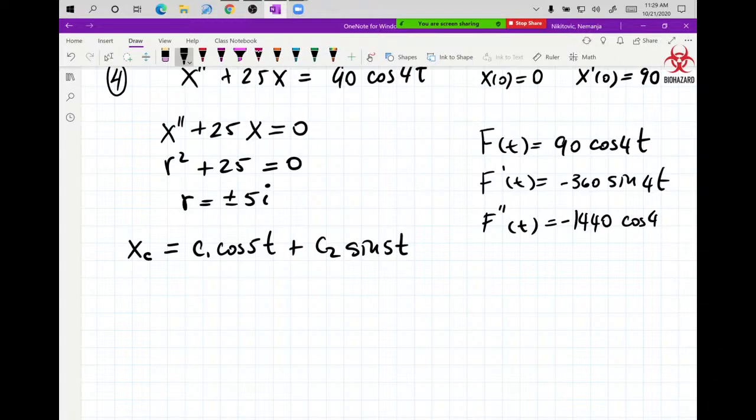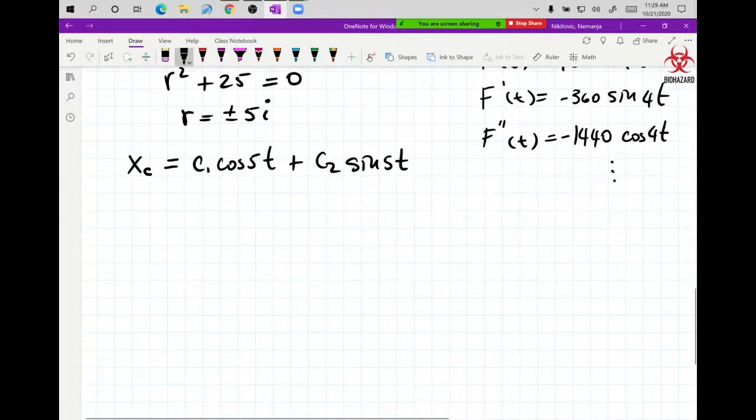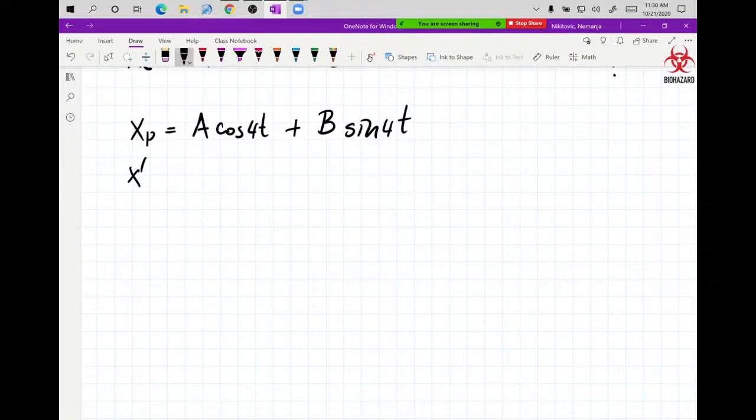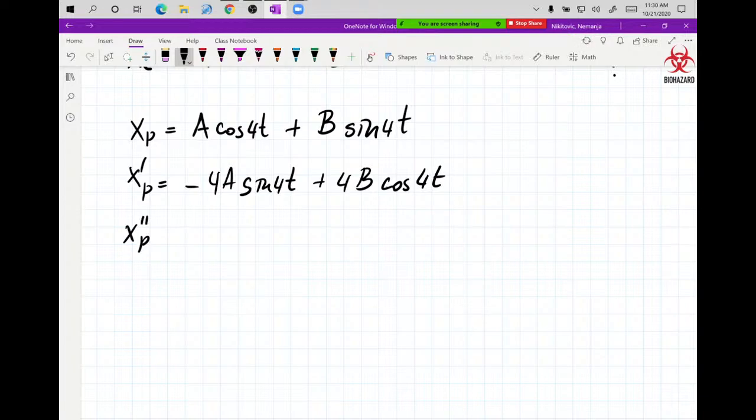Negative cosine 4t, which gives us xp of the form a cosine 4t plus b sine 4t. So these are our standard calculations here. We find x prime, which is negative 4a sine 4t plus 4b cosine 4t, and then x double prime p is